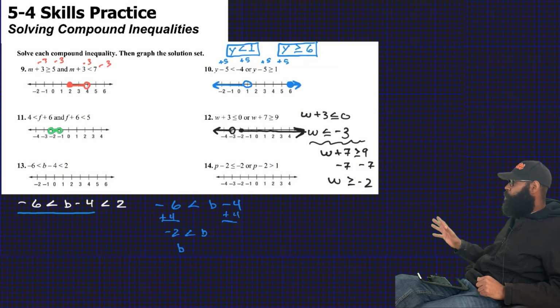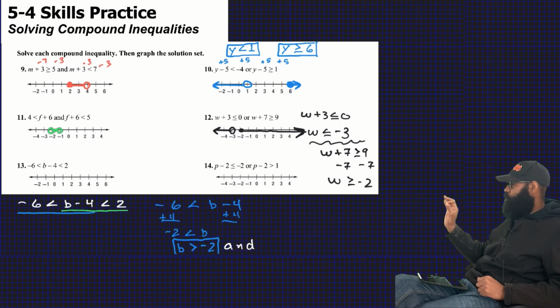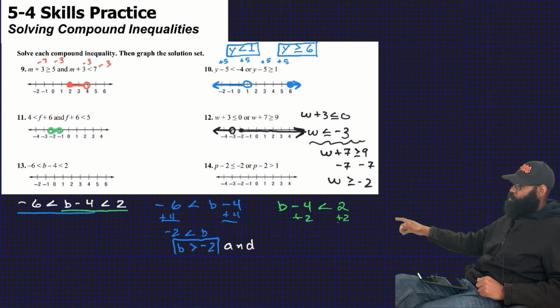And again, I want my variable on the left side. So b is now greater than -2. It's the same thing. I'm just reading it reverse now. But now, guys, picking up the and because I have a second inequality of b minus 4 is less than 2. I need to do that. So notice the double arrow, the double lines I used there. I see the 2 problems in this problem, and I did them both. This time,